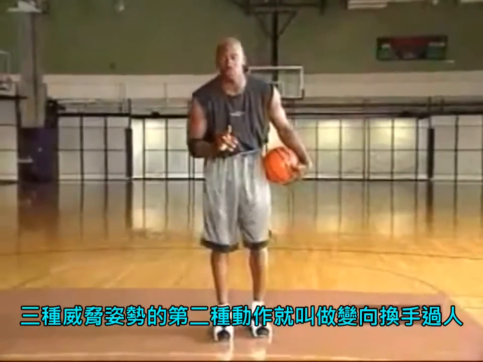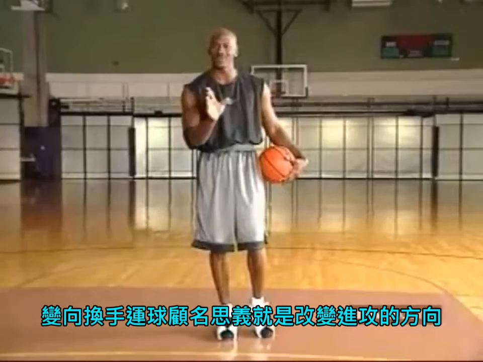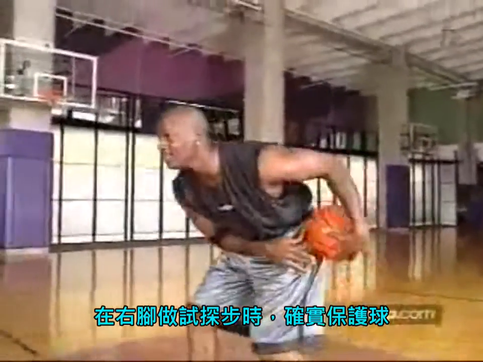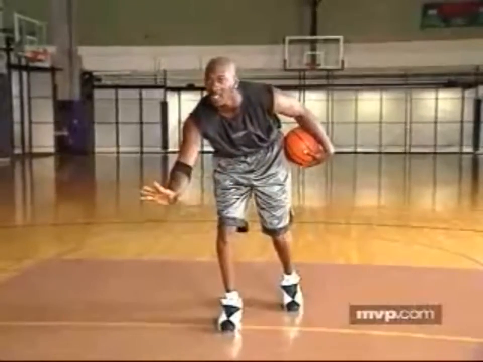Now, the second move of that triple threat situation is called a crossover. And the crossover is strictly just a change of direction. And let me show you exactly the way it should be done. In protecting the basketball, you're jabbing with your right foot, and the defense sometimes reacts that way, and you want